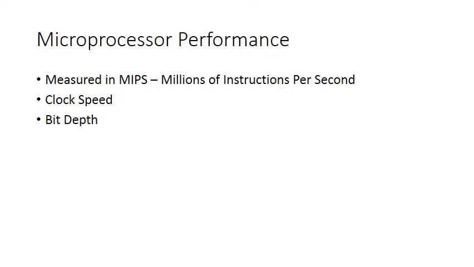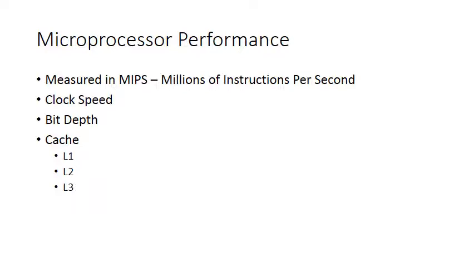If you have a 32-bit processor, it's 32-bit for input, output, and instruction set. And of course the cache. If you've got a processor that can do some ridiculously high number of instructions per second, but it doesn't have enough cache, it's going to constantly be waiting for clock cycles to pull data into cache, which could also slow down the processor. So you've got to make sure you've got all of this stuff. It sort of has to be scaled up together. You can't just look at the speed of the